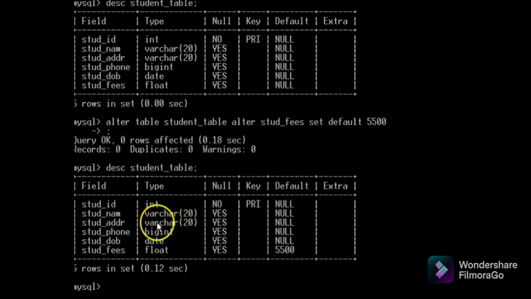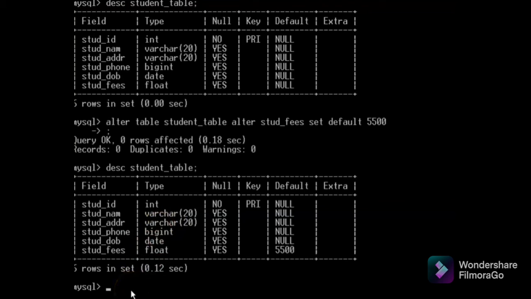We have one more data type called char. The difference between char and varchar is, if you are using char 20, all the 20 will be occupied. If we are giving only 4 characters, the rest of the 16 characters will be padded with spaces. But in varchar, whatever value is given, only that will be used, and the rest will be allotted to some other variable. So varchar is the best one to use.